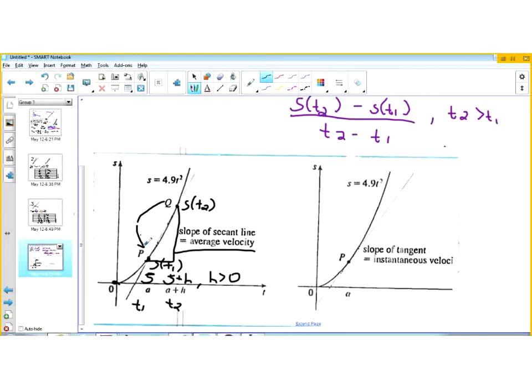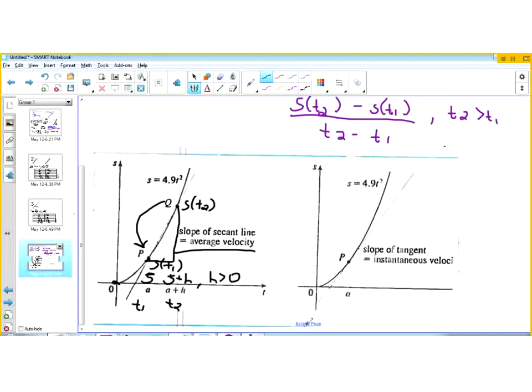In other words, we need to take this point Q and make it get very close to P. The only way we can get Q to get very close to P is if we take h and make h smaller and smaller and smaller. You see what happens? As h goes to 0, this little point on the t-axis lines up with this point T1. And when we do that, by our constructions from the previous examples, the secant line will line up with the slope of the tangent line. And so how do we deal with that? Well,